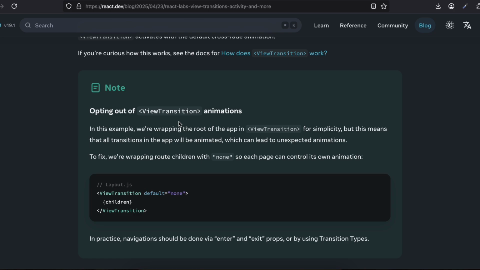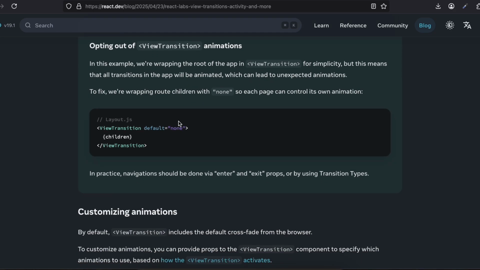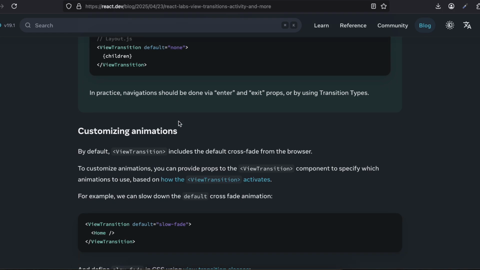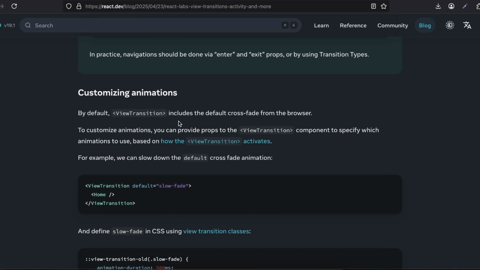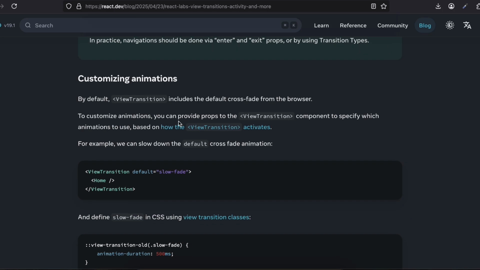To fix, we are wrapping route children with none, so each page can control its own animation. In practice, navigation should be done via the enter exit props or by using transition types. Customizing animation. By default, view transition includes the default